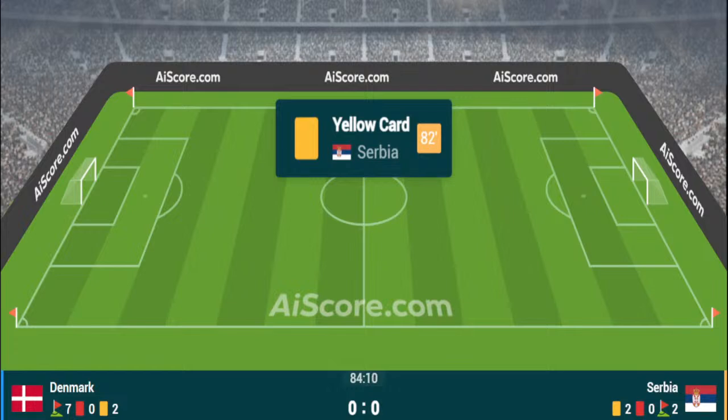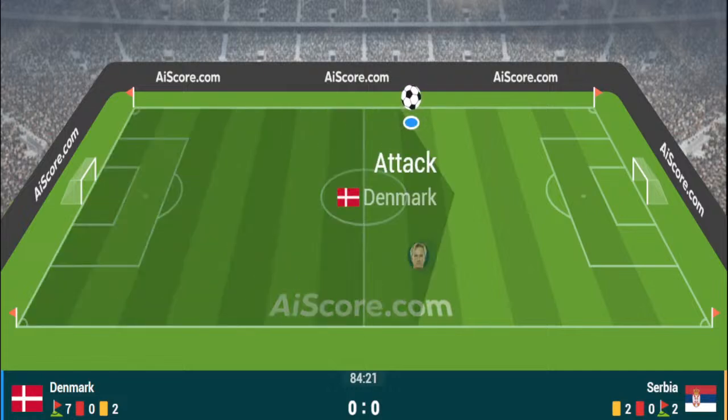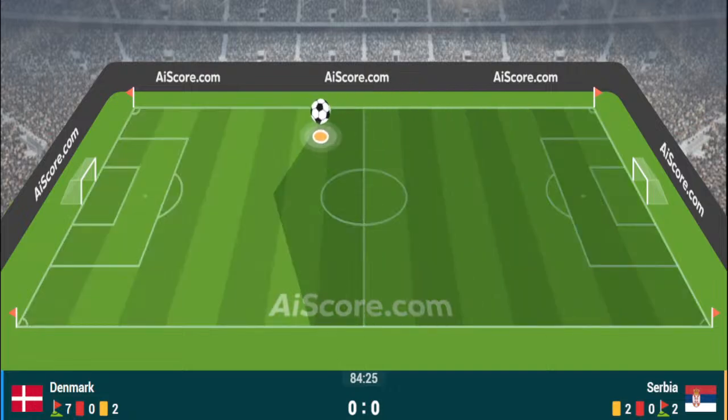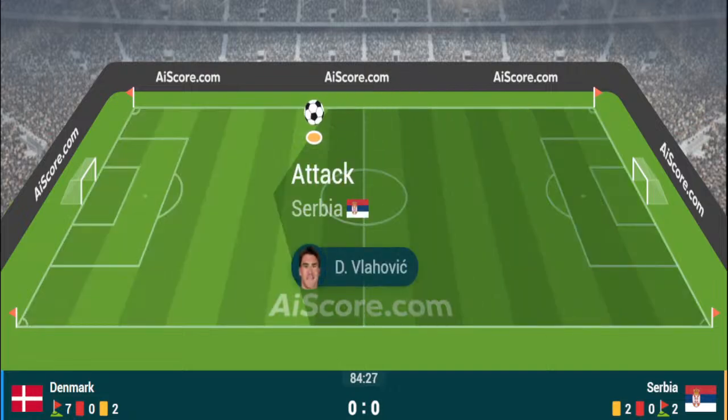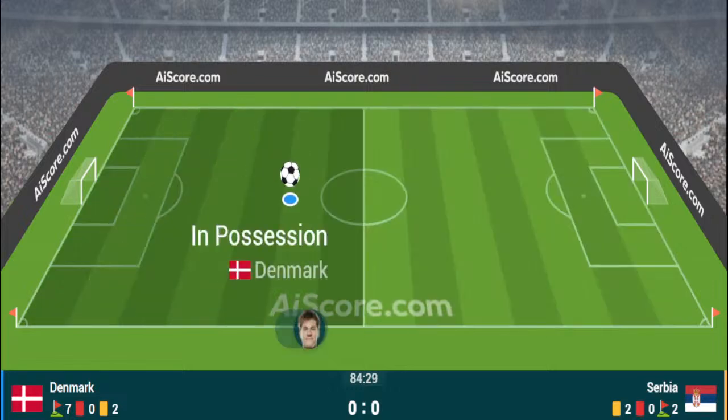There was an arm, there was a hand on the back of the shirt from Mela, and Mitrovic just went down so theatrically. And why isn't he looking to score, Mitrovic? Why isn't he looking to score? Incredible. Mela's arm was up, yes, but the contact was minimal, and it was a great ball in for Mitrovic, and he's got only himself to blame. He's looking for a penalty.